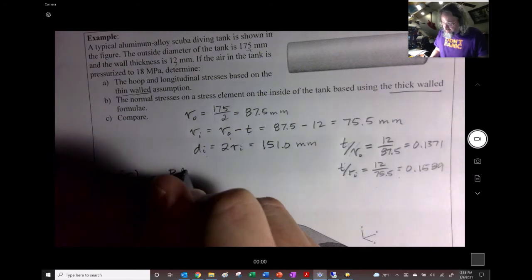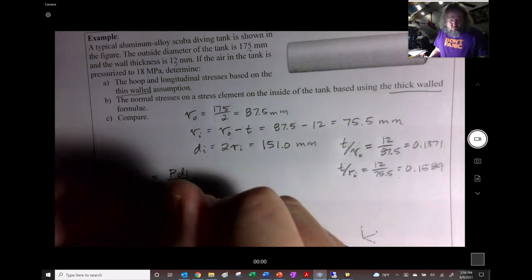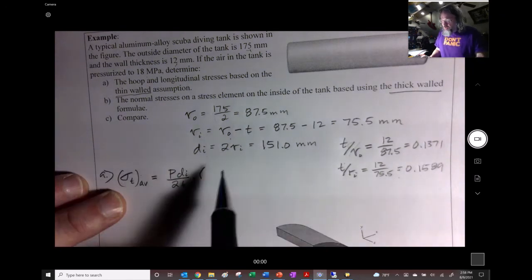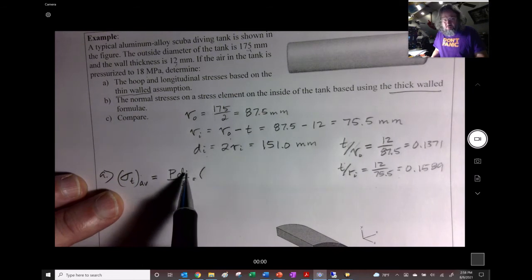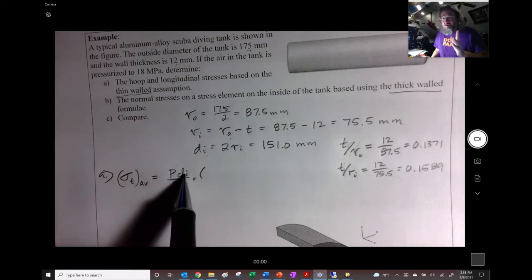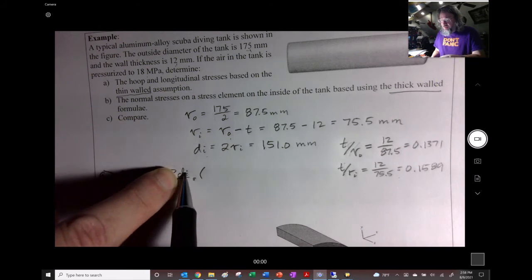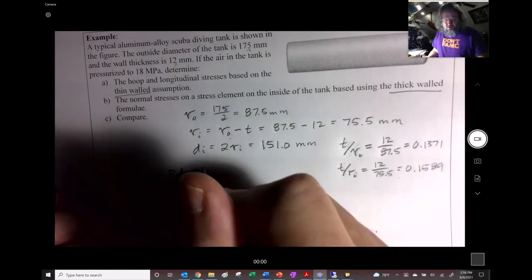So we got P d_i over 2t. And by the way, notice when we have these equations that we have pressure times a length term, which is the diameter, divided by a length term. So whatever the units are, we don't have to be careful with the units, really. As long as we use the same ones, we're just going to end up with whatever we use for here, right? So we can actually be a little more